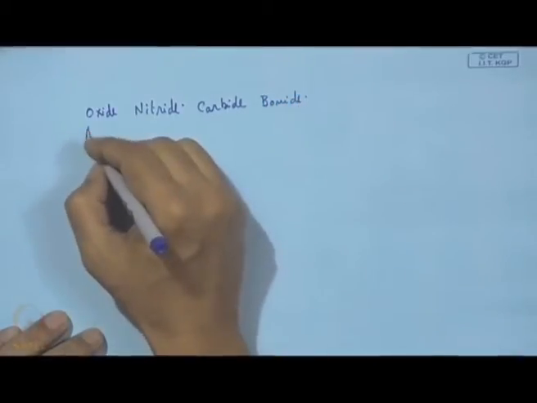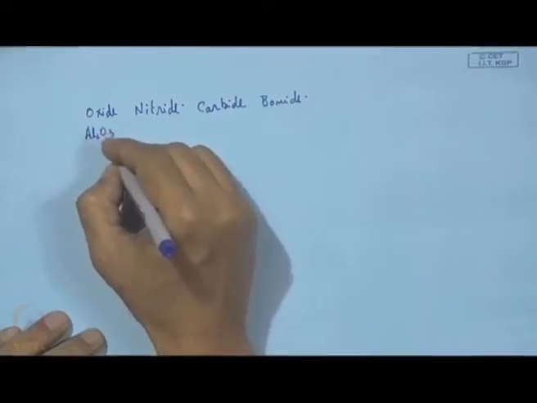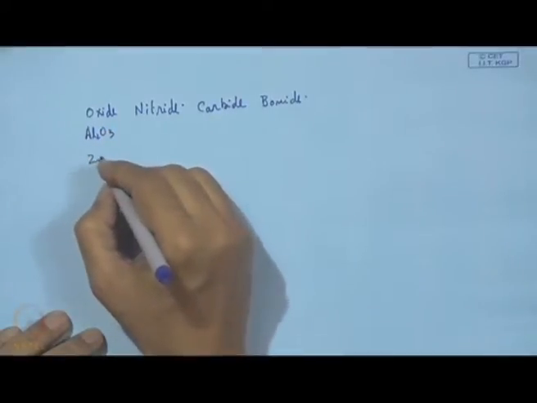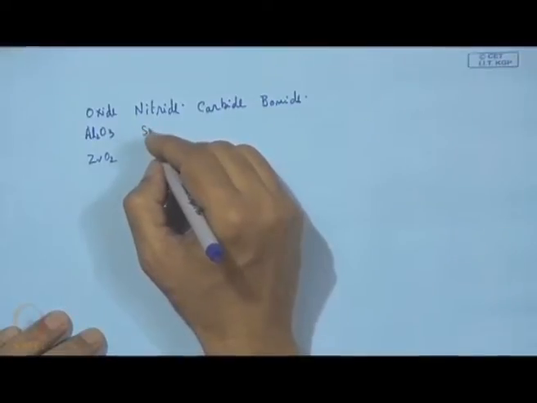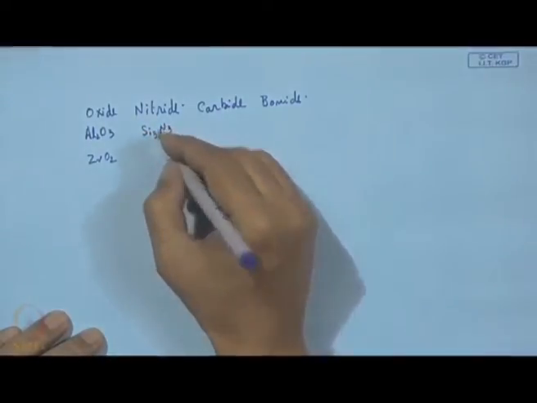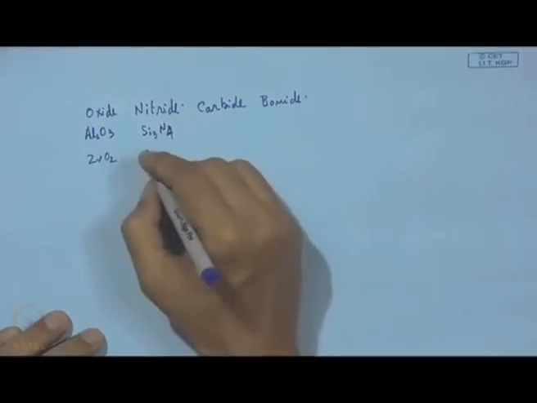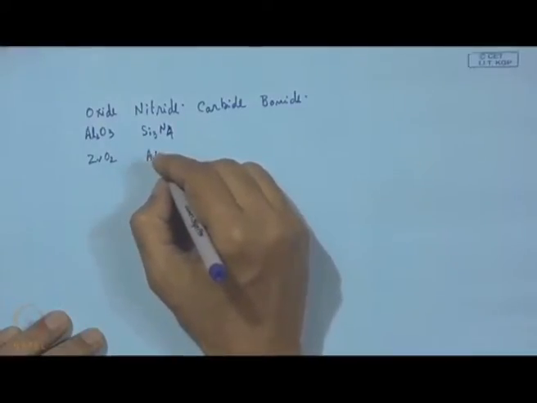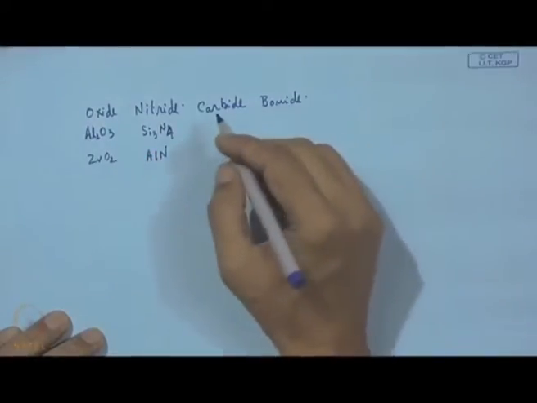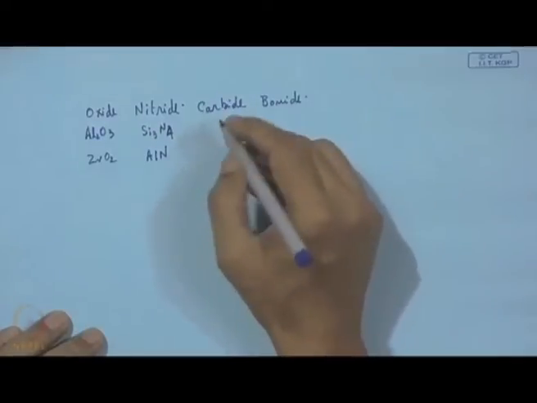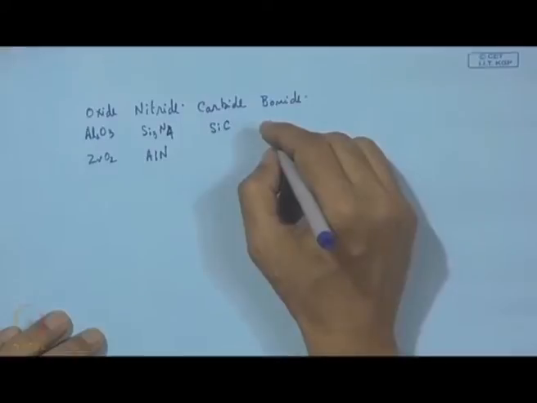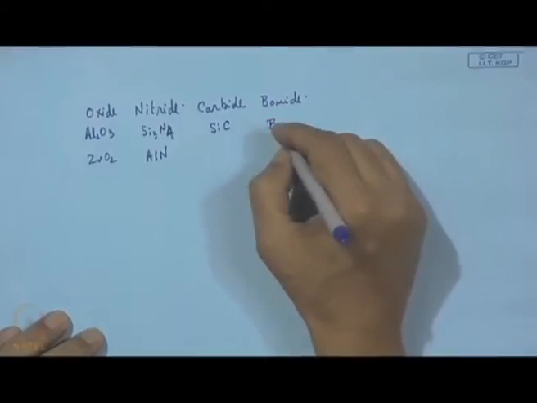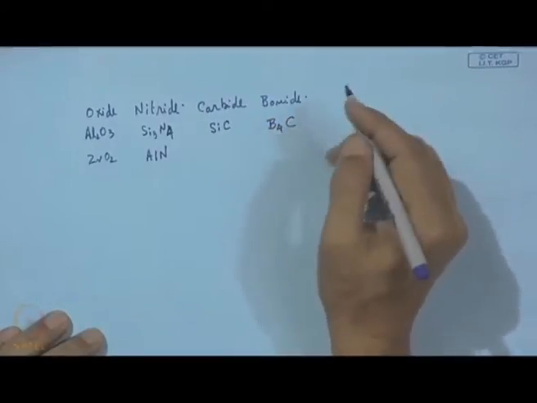So, for oxide ceramic we can have aluminum oxide, zirconium oxide; nitride, it can be silicon nitride, aluminum nitride, which have engineering use; then carbide, maybe silicon carbide; and boride, boron carbide, that is also another